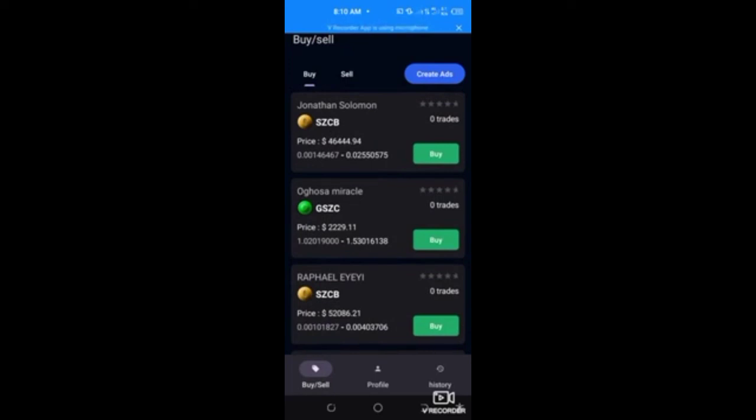So I think those are the few questions I saw. Other questions: if you want to buy or if you want to sell, just click on the green button. Once you click on this green button, you will see the other interface, which is easy for you to read. It will show you the person's account number. You transfer money to that person. When you transfer money to that person, you click I have paid. When you click I have paid, you can upload your proof